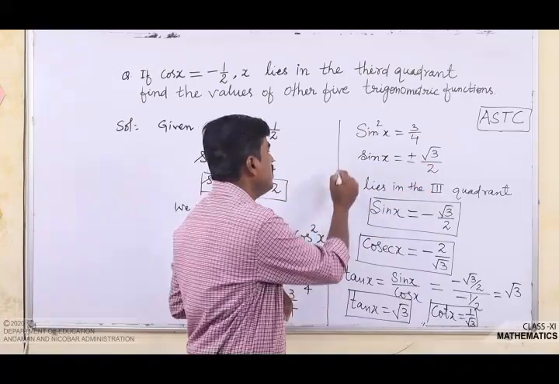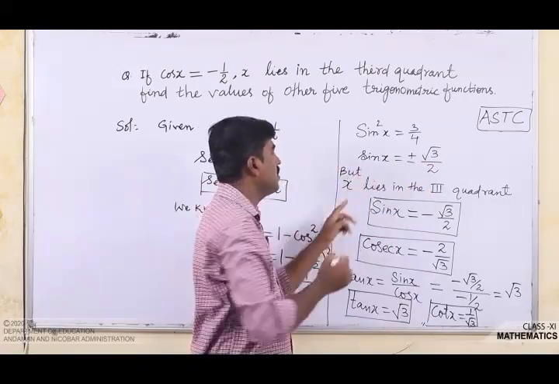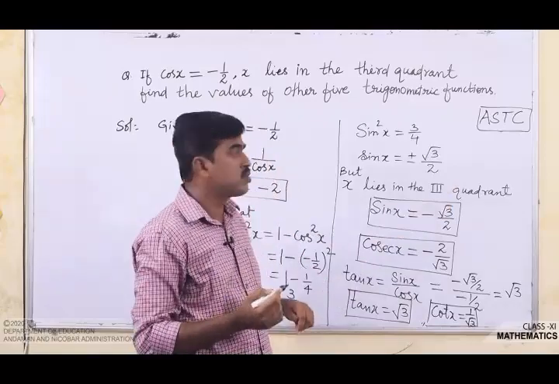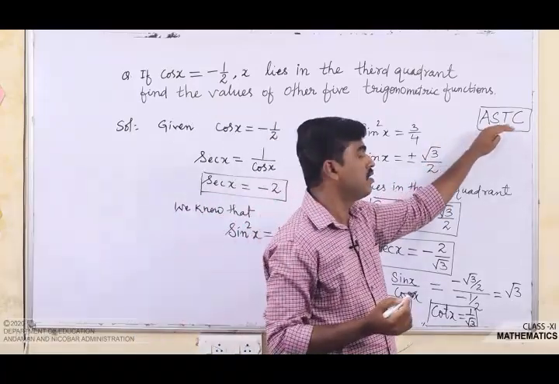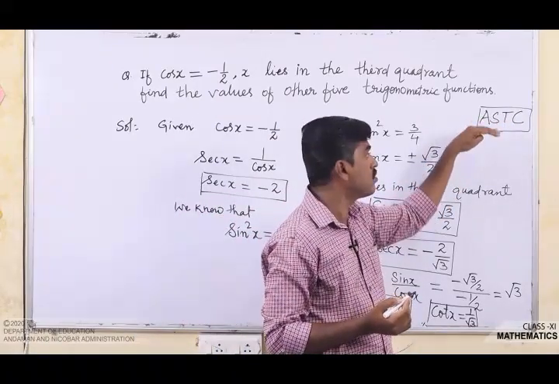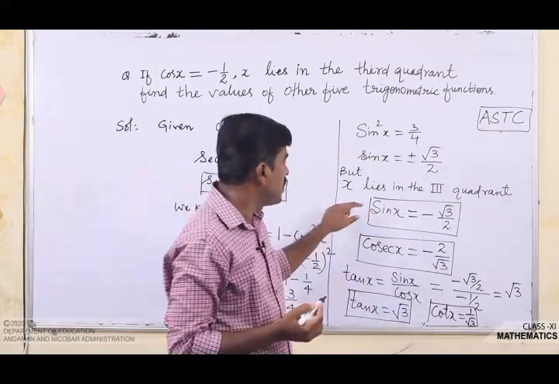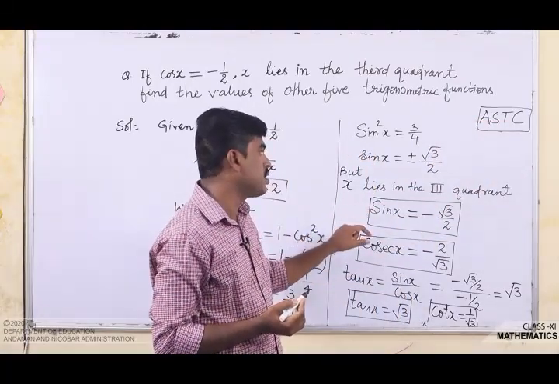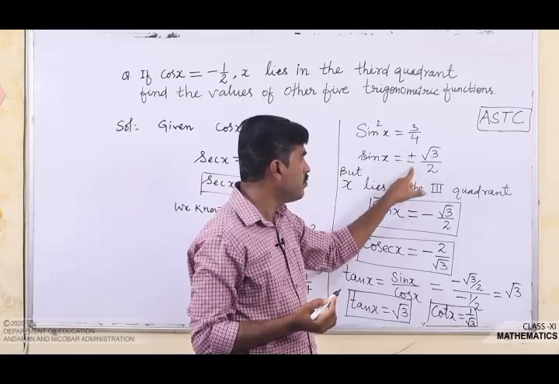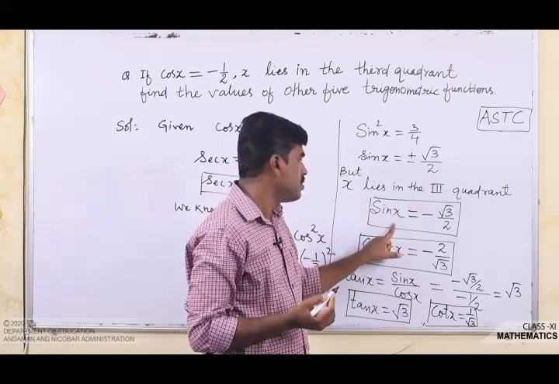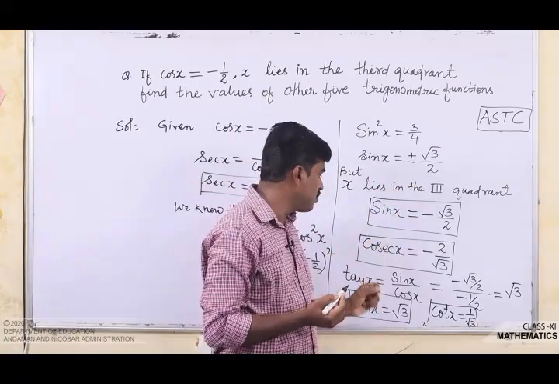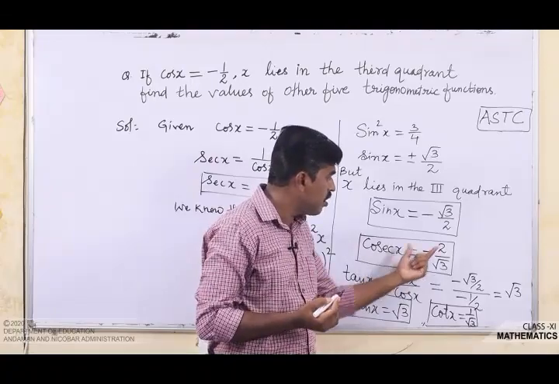It is given that x lies in the third quadrant, so we have to use the rule of sign, that means plus or minus, ASTC. In the third quadrant sin is negative, so we have to take the negative value of sin x here. So sin x is equal to minus root 3 upon 2, and cos x is the reciprocal of this,